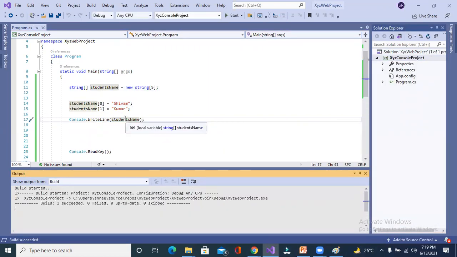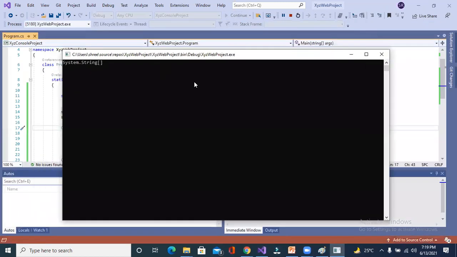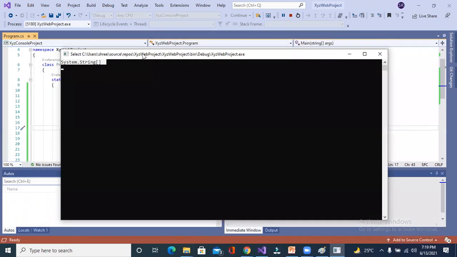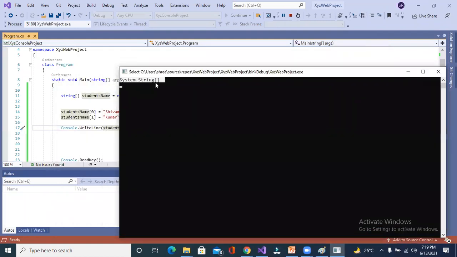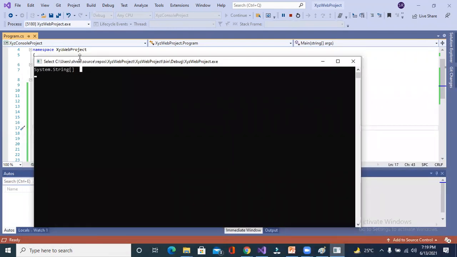It will not give you any error here. What is this? It printed the name of the namespace. So leave this thing. Whenever I teach you what a namespace is, then I will discuss it. It will not give you an error, but it will print the namespace. When I discuss the namespace, I will cover this.